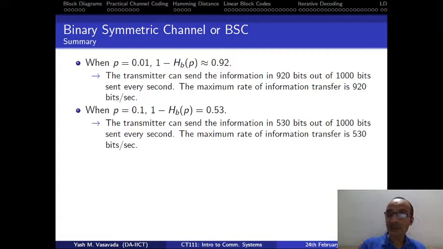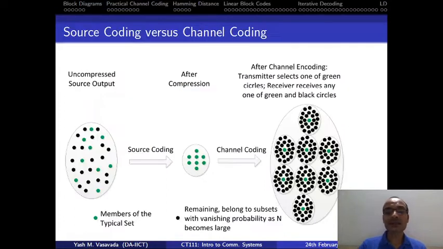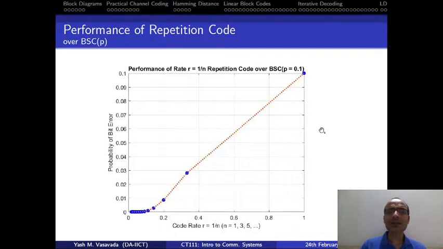Now, that is quite remarkable, because otherwise, if we do, for example, the repetition coding, then the answer we will get is much worse. So let's take an example. We will come back to this slide. I think we have seen this slide earlier, so maybe we'll just quickly come back to it later on as a summary. But let us look at the repetition code